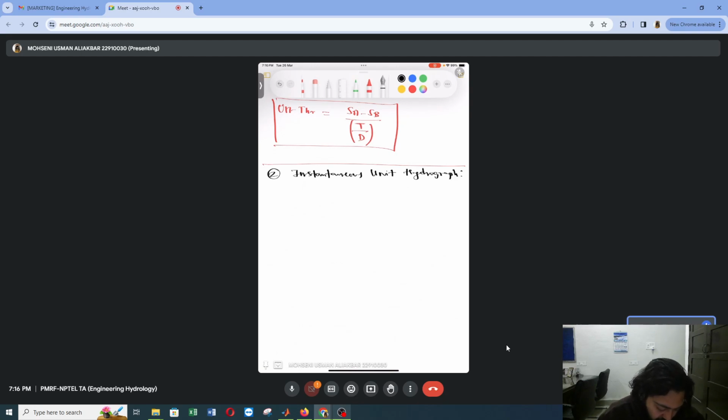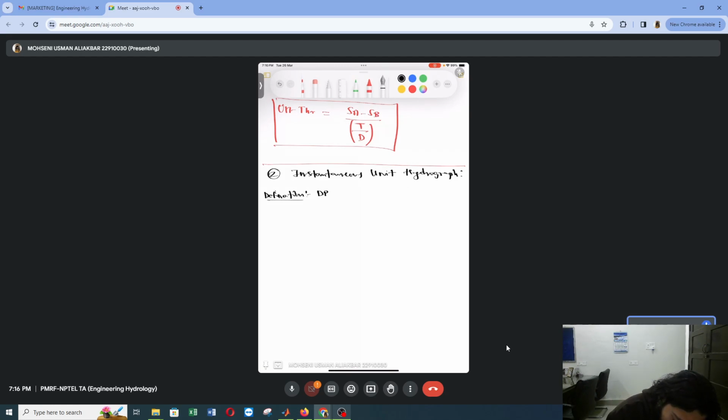So first let us see the definition of the instantaneous unit hydrograph, and then we can start with the concept, right? The only thing that changes is the time duration, right? For a unit hydrograph there is a certain time period, but for the instantaneous unit hydrograph, the word instantaneous itself means at a particular instant. So whatever unit hydrograph you obtain at a particular instant is nothing but the instantaneous unit hydrograph. Let us write the definition, just replacing the time duration with instantaneous time.